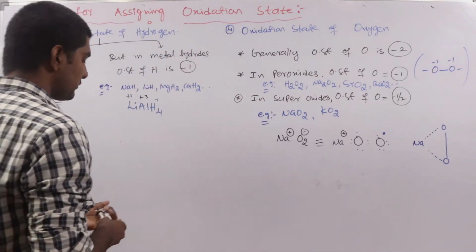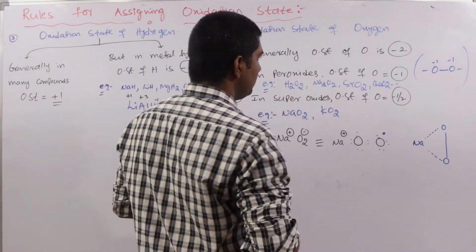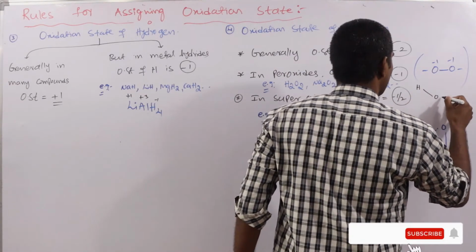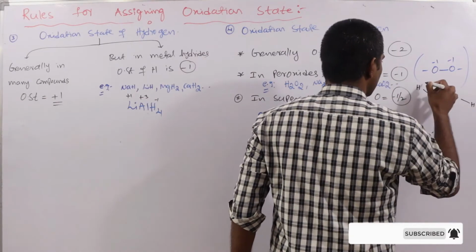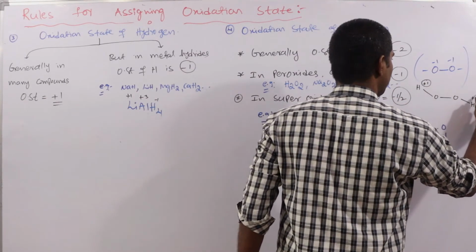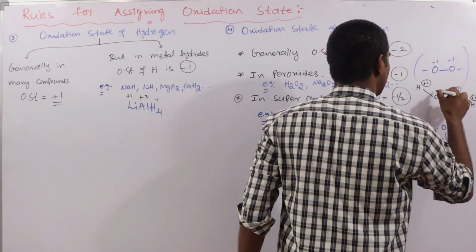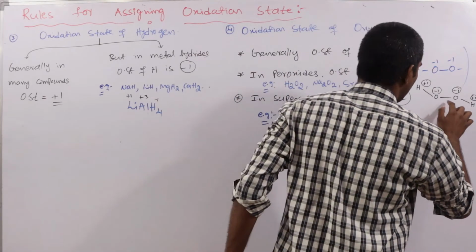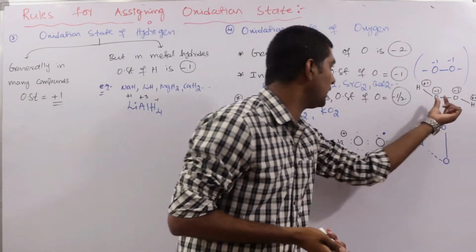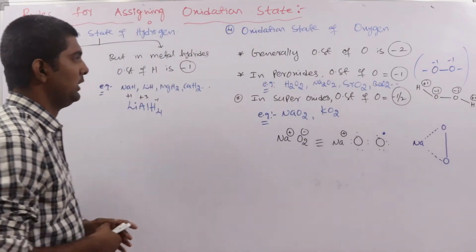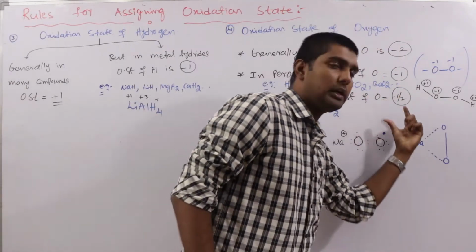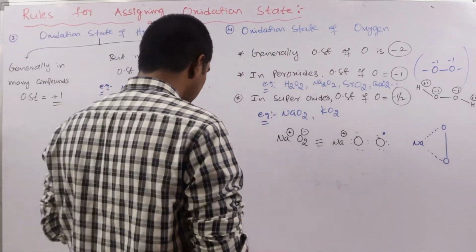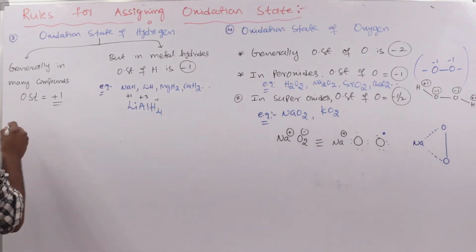Clear? Next, see here in hydrogen peroxide, we know very well, hydrogen is +1, so here this oxygen is -1. Hydrogen peroxide has a single bond between oxygen and oxygen, and -1 charge is present on the oxygen. So these are the negative oxidation states possible for oxygen in the different types of compounds, and we have some special cases also, those also we discuss.